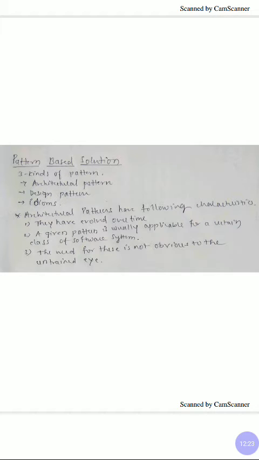Next, a given pattern is usually applicable for a certain class of software system. The MVC pattern, for example, is well suited for interactive systems. The thing is that a pattern is going to solve a particular type of problem here. There are a number of patterns based on the issue of your application.